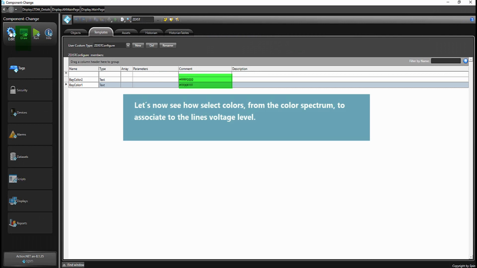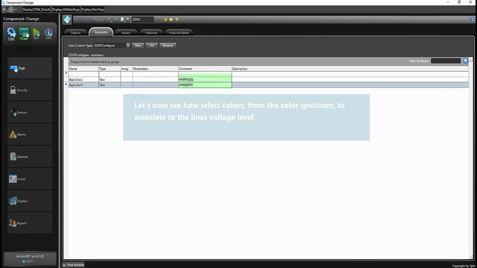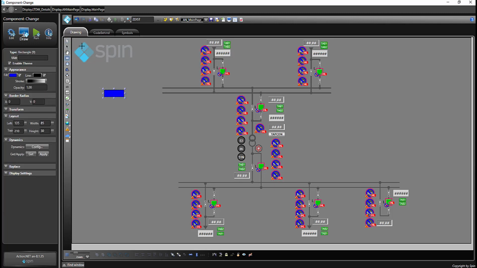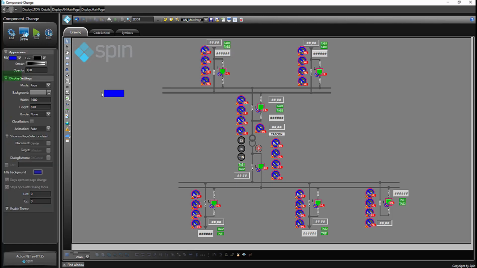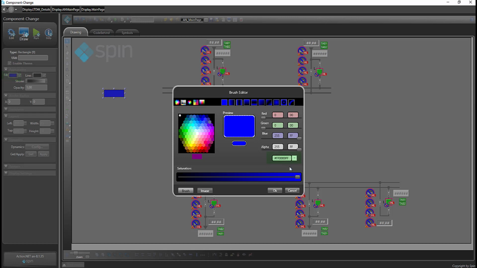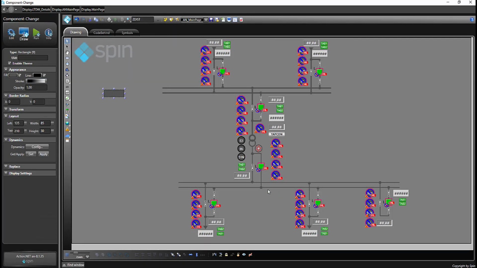Let's now see how to select colors from the color spectrum to associate to the line's voltage level. In the drawing area, we create a rectangle, and after we open a window, to manipulate the color spectrum of the rectangle, pressing the fill button. The highlighted area is in hexadecimal, the color associated with the rectangle, and over it, we paste a string that corresponds to the gray color, changing the color of the rectangle to this tone, which is the tone of all